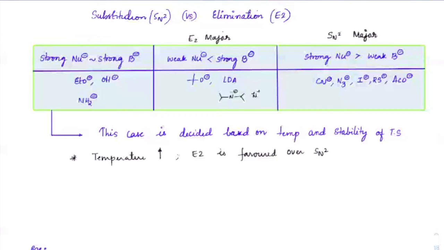Next, if it has to favor SN2, then primary groups will be more favored for SN2. If the order is tertiary, that means if you take tertiary alkyl halides, then it would favor E2. This is what happens in the first case. Got it? So here it could be SN2 or E2 depending upon these factors, whether you are operating at high temperature or low temperature, or if it is primary or tertiary. I hope all of you made a note of that.